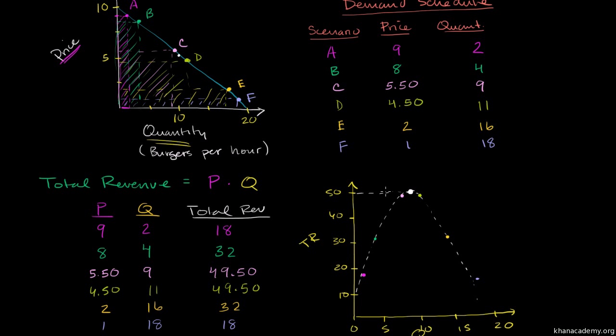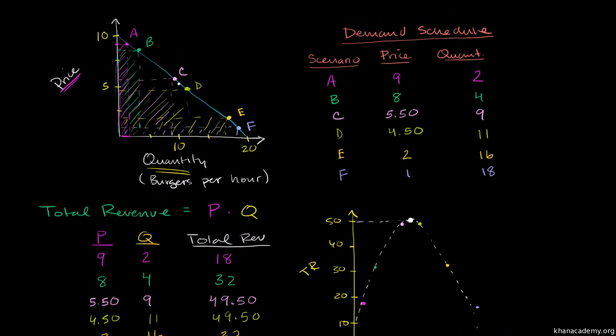So this is the maximum point right over there, $50. Now, the whole reason why I'm talking about this, I could have talked about this independently of any discussion of elasticity, just to see how total revenue relates to price and quantity at different points in the demand curve. But there is an interesting relationship. In that very first video, and we actually use this exact demand curve for it, when we explored elasticity, we saw that up here, at this point of the curve in orange,